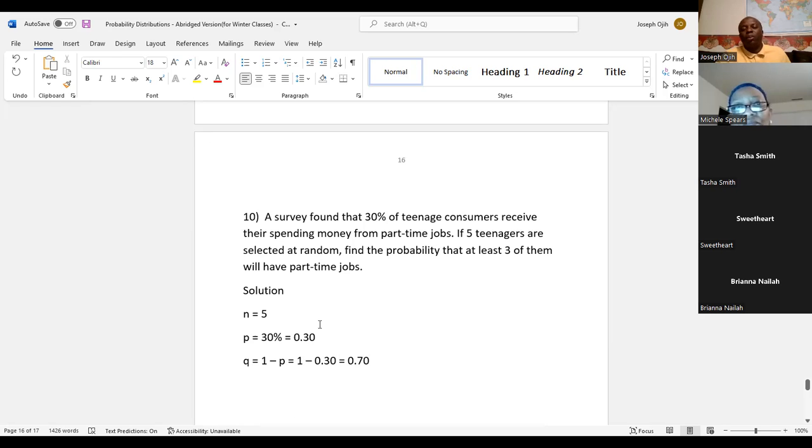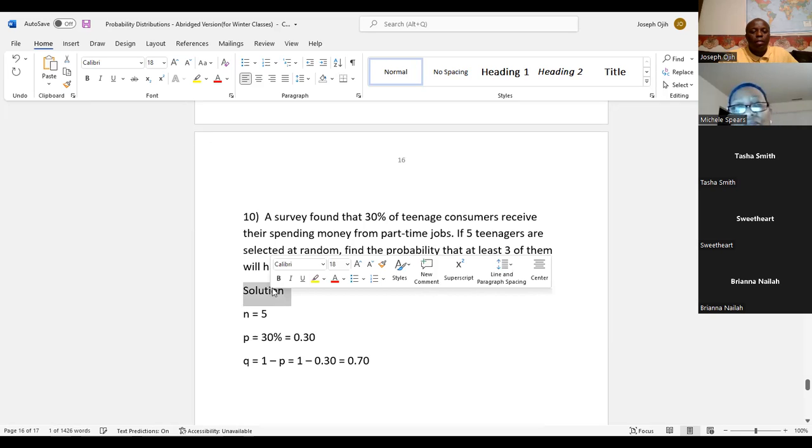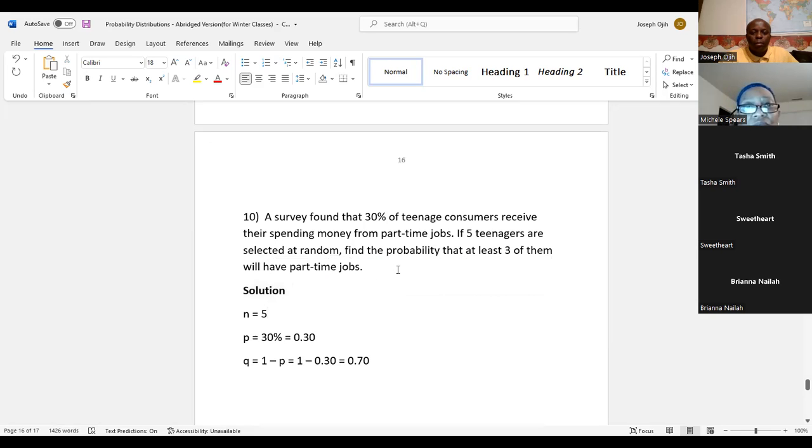Then it's asking us to find the probability that at least 3 out of 5 have part-time jobs. So in that case, x is at least 3, meaning 3 or more. So x is 3,